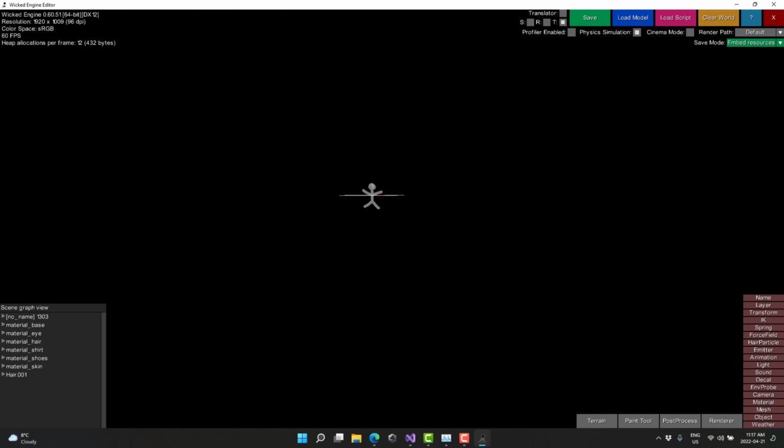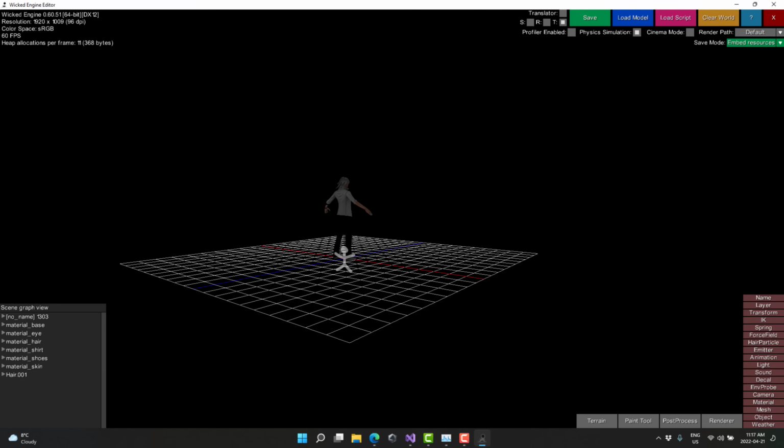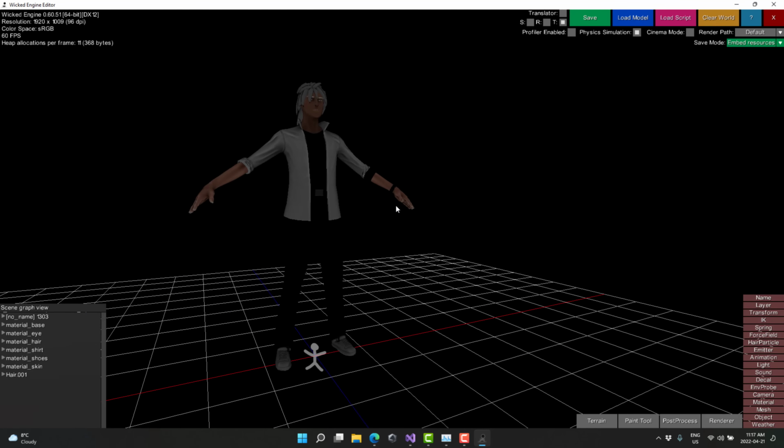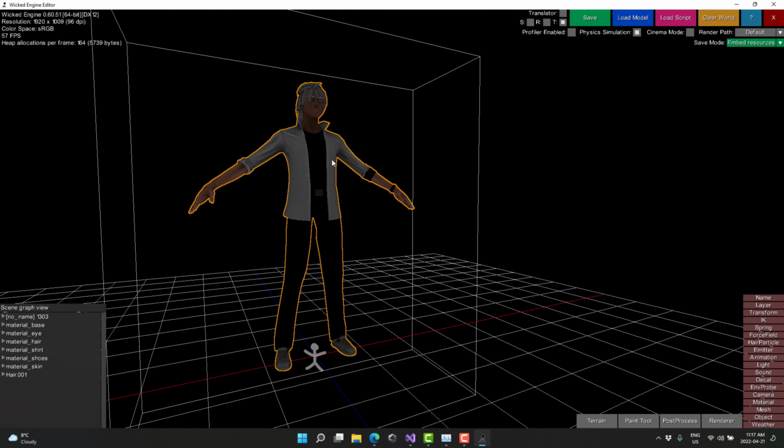All right, so we're really zoomed out for some reason. All right, let's go take a look. Zoom in, zoom in, zoom in. All right, here we go. So we got this character in the world. Not too impressive so far, but this character is fully rigged and animated,